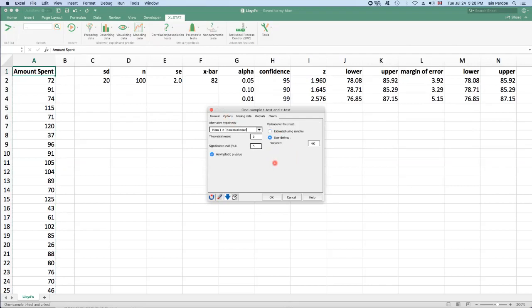Under options, we're going to user define the variance. We're not going to estimate it using the sample, because then we'd be doing a t-test. And remember, the variance is the square of the standard deviation. So if we're assuming the standard deviation is 20, then we need to type 400 in here, because 20 squared is 400. Make sure the significance level alpha is set at 5%. And then for the output, make sure that confidence interval is checked and detailed results. And then if I OK that,